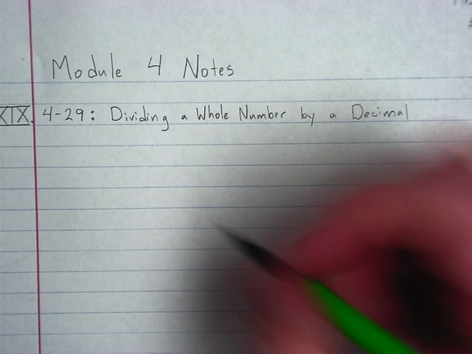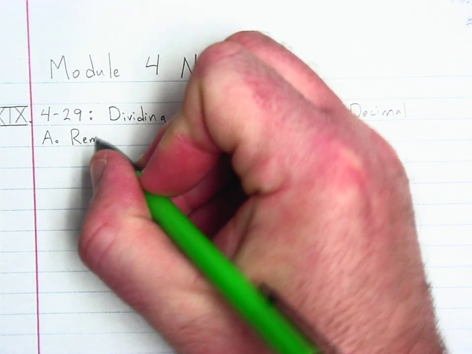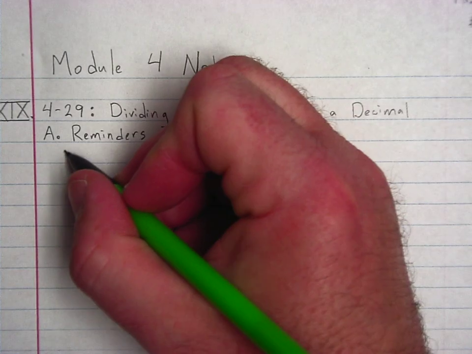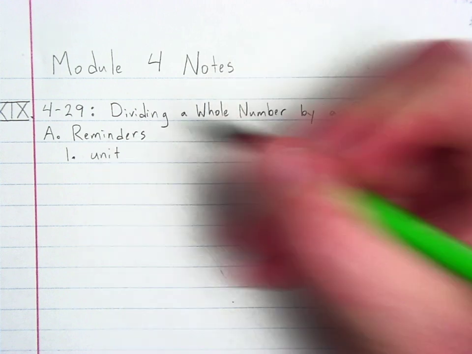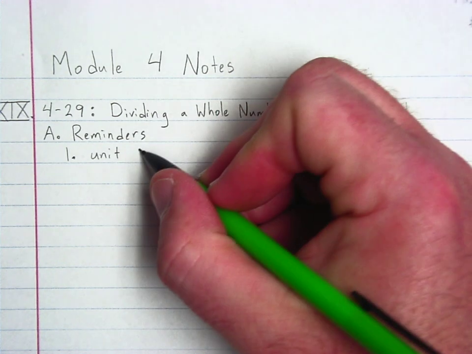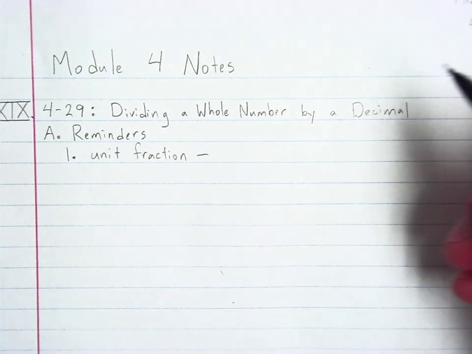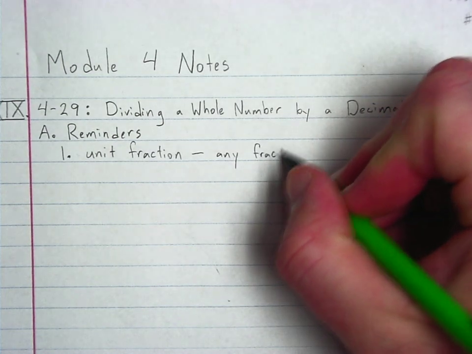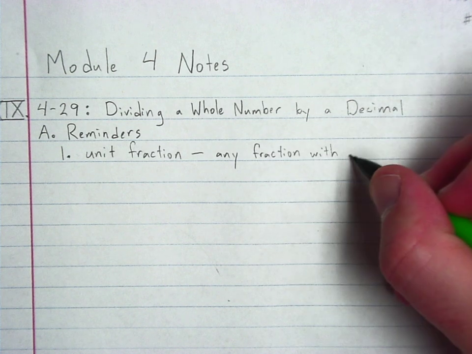All right, no new vocabulary, but a couple of things to remember. So let's get some reminders. Okay. Reminders. Number one. This one is a little bit of vocabulary, I suppose. A unit fraction, and you know what this is, just any fraction with a numerator